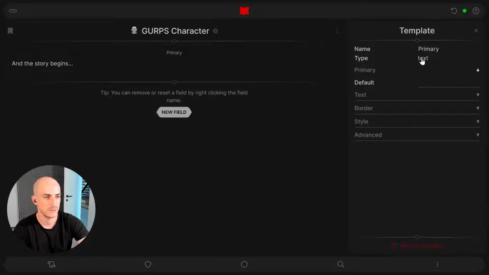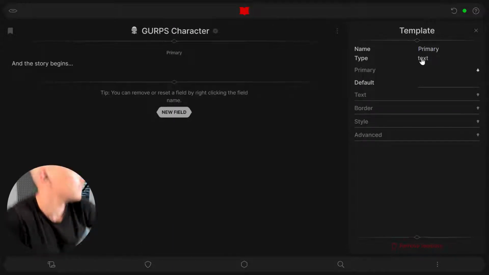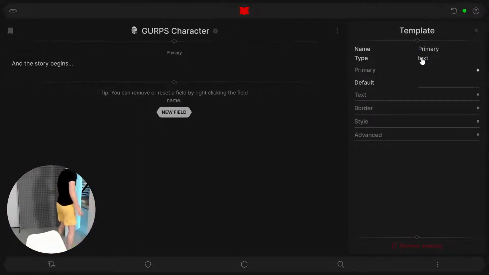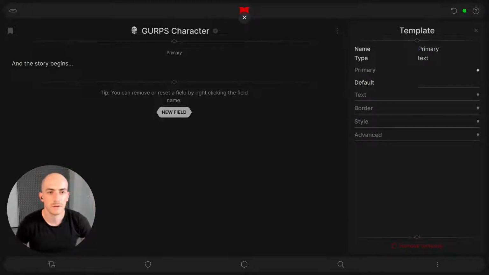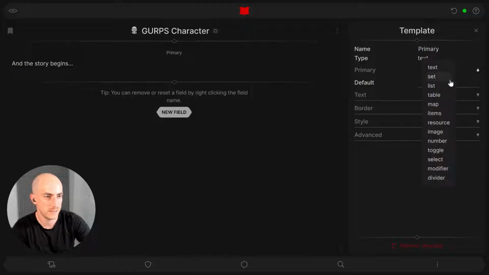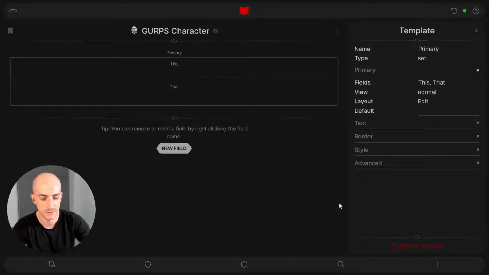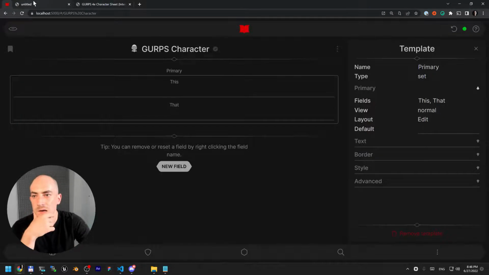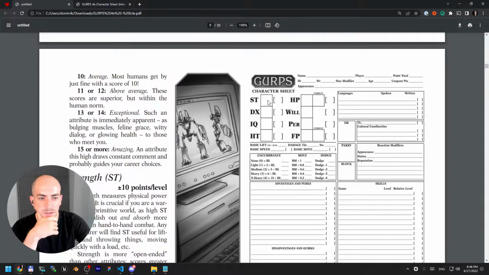And this is going to be a set, right? So what do we have? We have the strength and